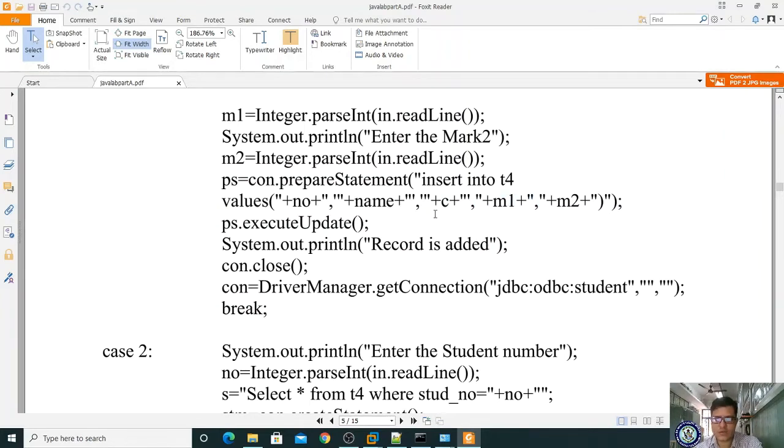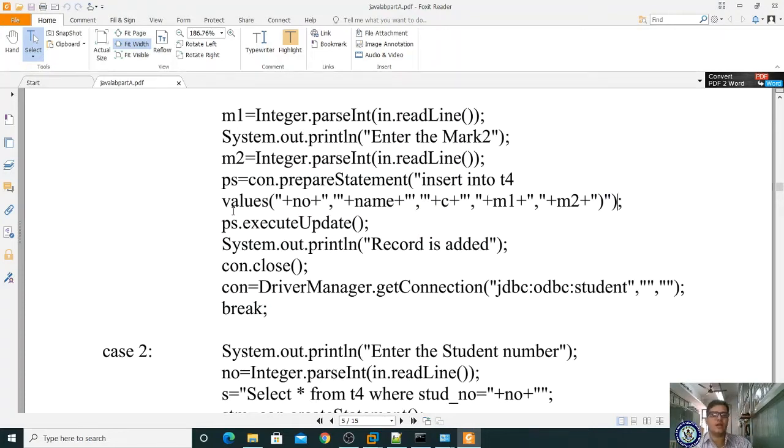Why are we not using single quotes for m1? It is not a string. If it is a string, then you are supposed to use single quote followed by double quote followed by single quote. Then double quote, comma, double quote plus m2. So this is the statement you have to use for inserting the values in this table. After that you close the double quote, that is, you have prepared the statement here, and it is ending here, and this open curly brace is closing here.